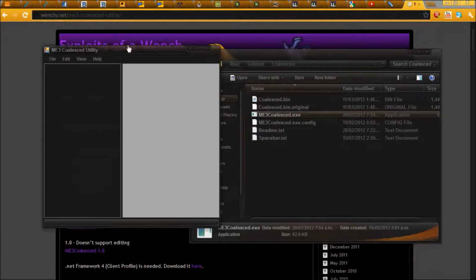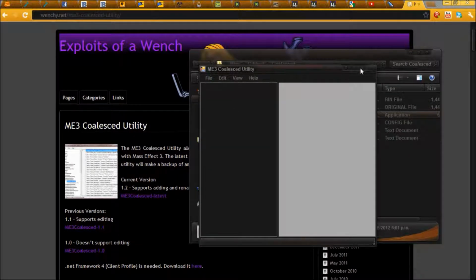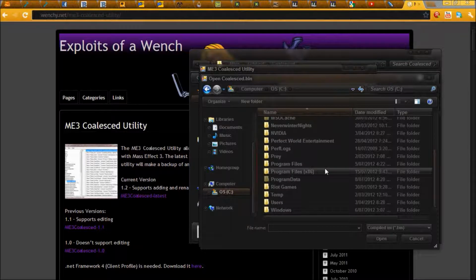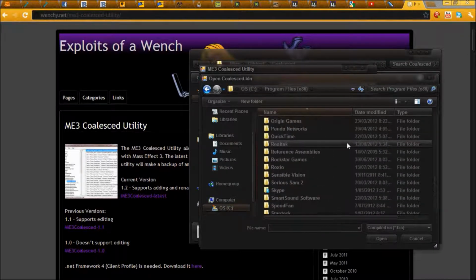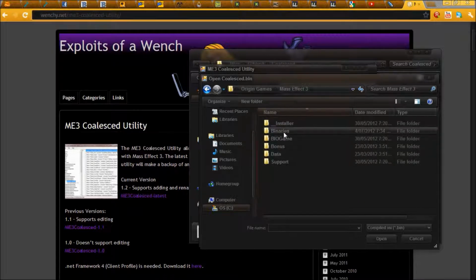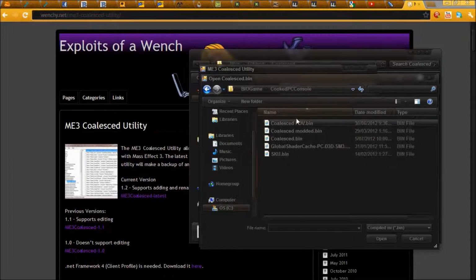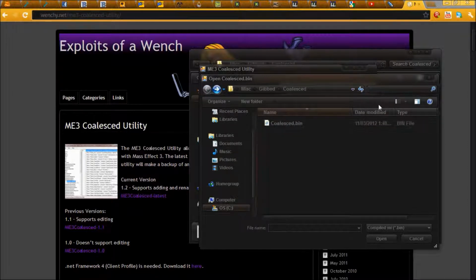Now, once you've downloaded that, you're going to want to go File, Open, and then go My Computer, Program Files x86, or Program Files, whichever you have, Origin Games, Mass Effect 3, Biogame, and then you'll want to do Coalesced. Now I have quite a couple because I used all of these, but I've gone back to the vanilla one. This one's already modded. This is the one I'm using right now, and I have an unmodded one back where I was before. So you will just go exactly where I was and open up coalesced.bin,